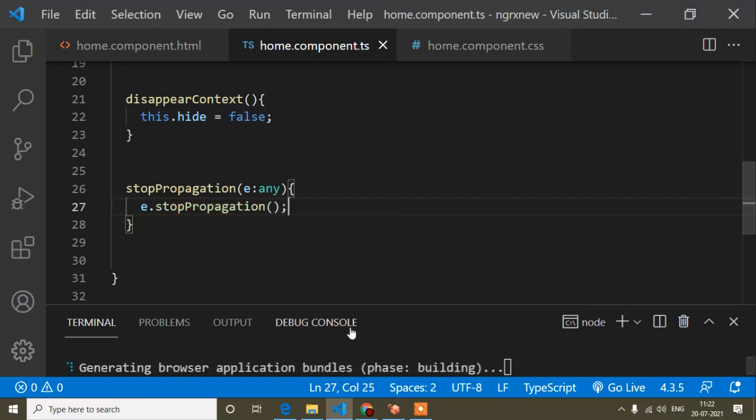Then you will find when I click this div, you can see it opens. If I left click on this div, it disappears, but if I left click on this menu, you can see now it's not disappearing, because I have written stop propagation on this menu div. That means the event which fires when I'm clicking this div, I have made it stop here. So that's why it's now not disappearing, this one.